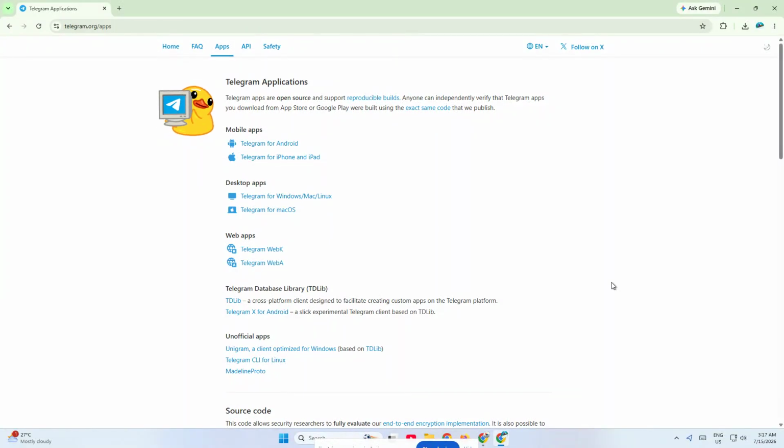If you want to install Telegram on your Windows 10 PC, you're in the right place. In this video, I'll walk you through the full process step by step, so you can download, install, and sign into Telegram quickly and easily on your computer. This is a simple setup, and by the end of this tutorial, Telegram will be ready to use on your